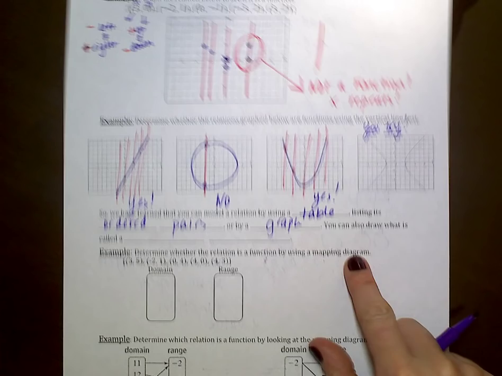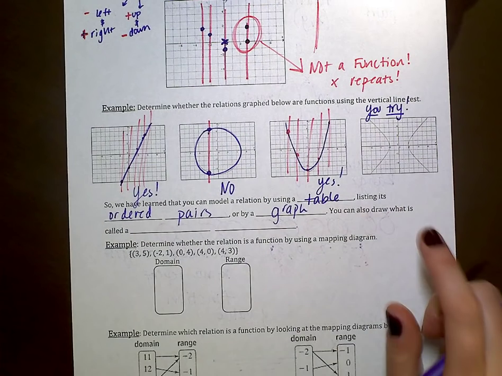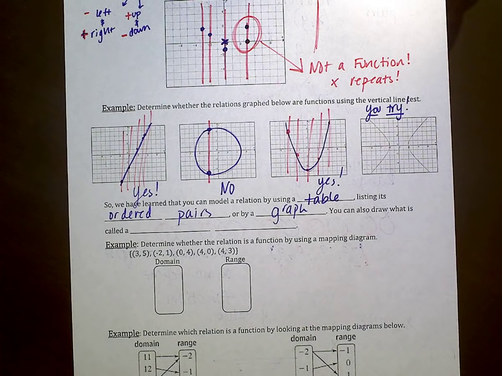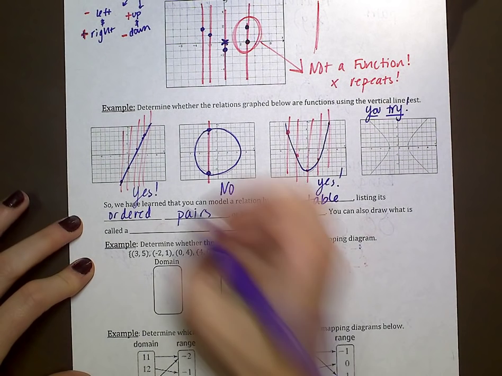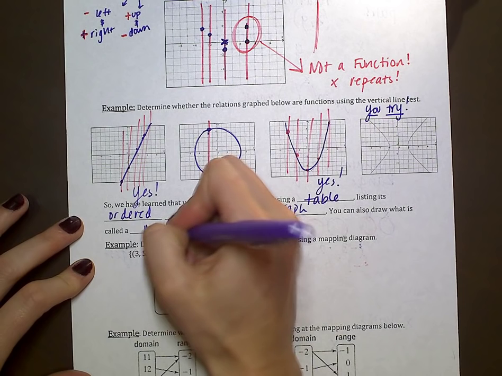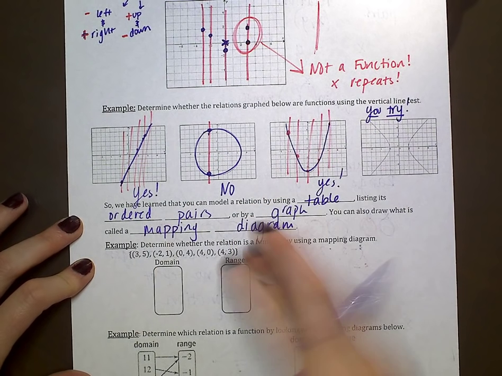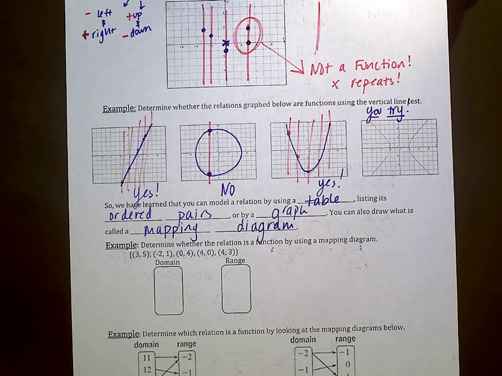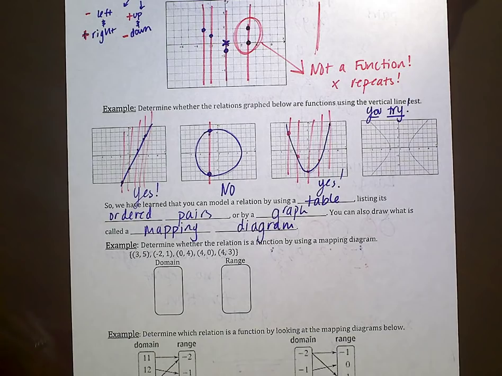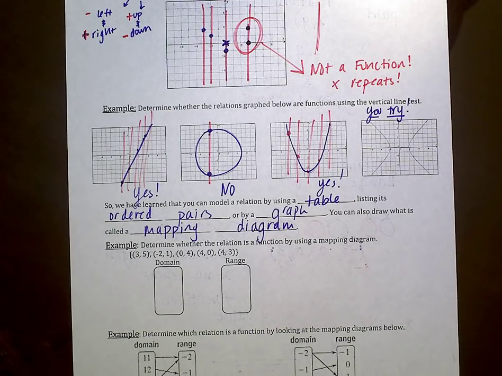Okay, you can also do one more thing to show a relation, how x and y are related. You can draw something called a mapping diagram. All of these methods, you guys, are just used to show how x and y relate to one another. Okay, there's really not much more to it than that. The mapping diagrams, you'll see it in this unit. Beyond that, we won't really take the time to draw these a whole lot,